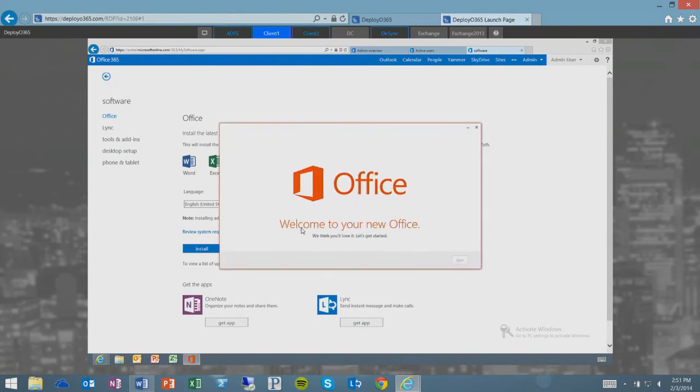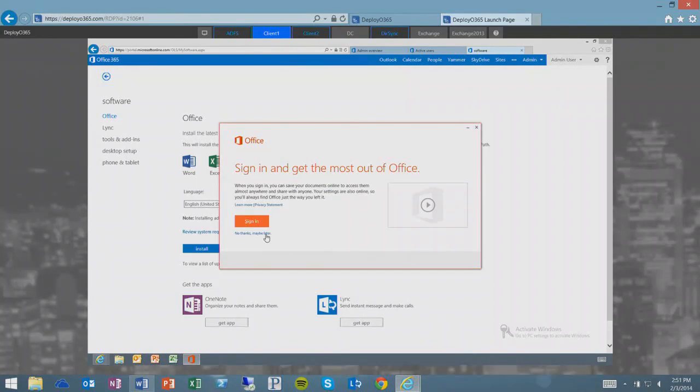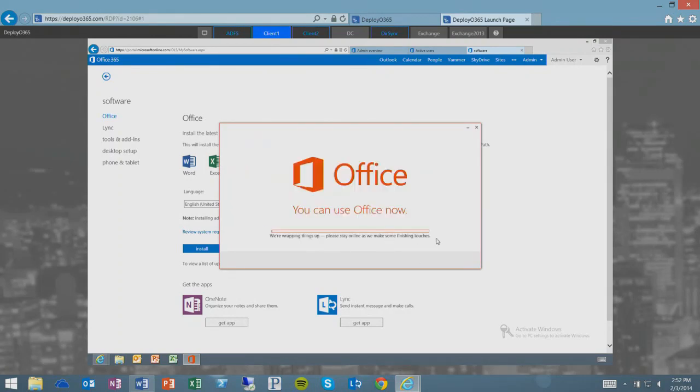But Office is now installing Click to Run. And this is the install, how Office is now being delivered. It's a full-fledged offline application, but it's happening directly in Click to Run. And I just hit next. And again, you can always script this so no one has to really do it.